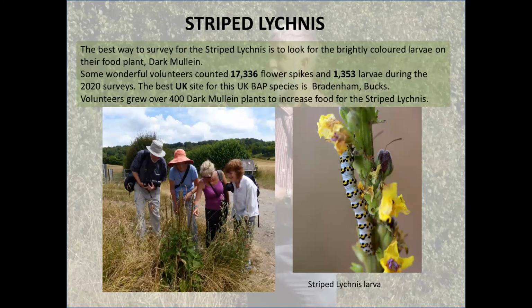We also look for caterpillars of some species, and here you've got some people looking for the striped lychnis, which is a moth which is very rare in the UK, but actually has its headquarters in this area. Unlike the pale shining brown, which had its headquarters in this area but now seems to be extinct, the striped lychnis is doing extremely well. And as you can see here, we didn't look at every single plant, obviously, but we still found over 1,000 larvae of a moth which is blacklisted, very rare in most of the UK, not found in very many counties,